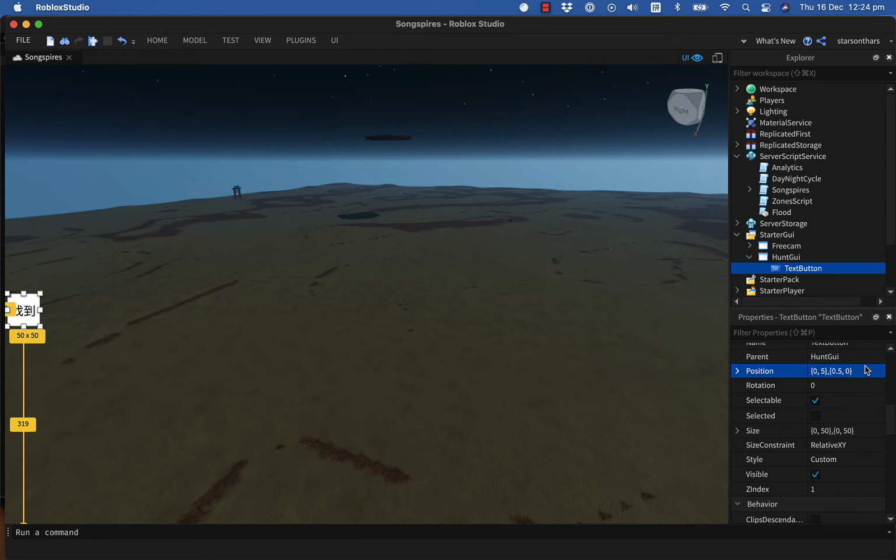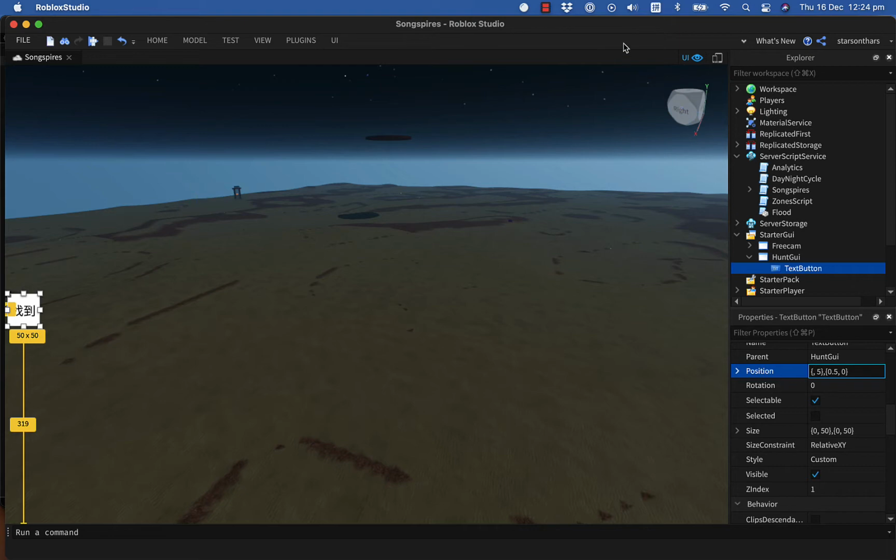In case you haven't done 2D GUI stuff with Roblox, maybe I'll point out the way these numbers work. Maybe it's very small, but there's 4 numbers here in the position field for this 2D GUI element. The first pair of numbers is for the X coordinate of the position of this box here, and the second pair is for the Y coordinate. The first number within the X pair gives you a relative coordinate. So if I put 0.5 here,